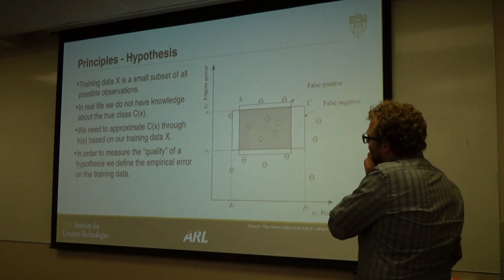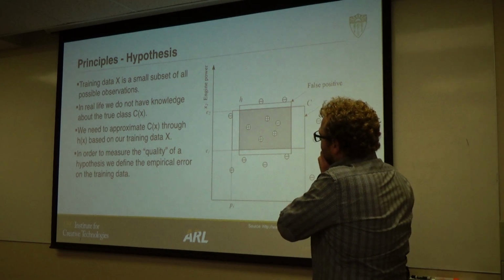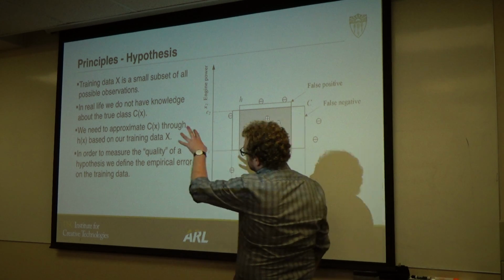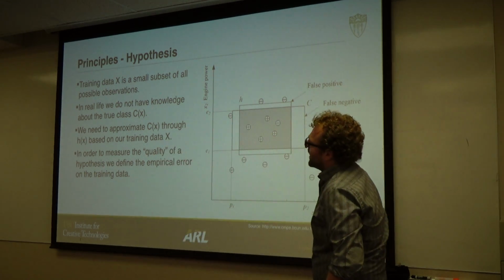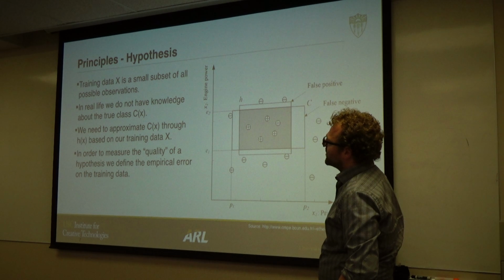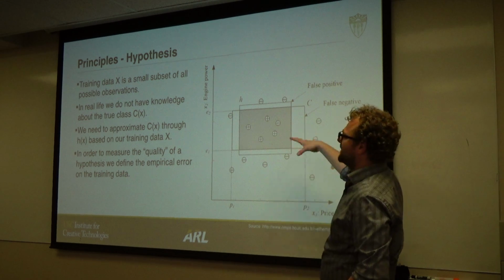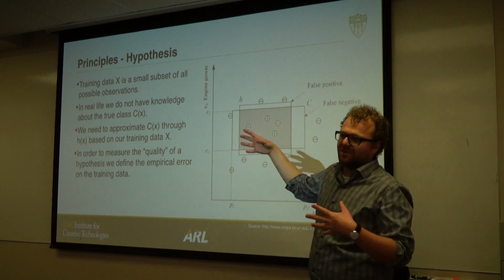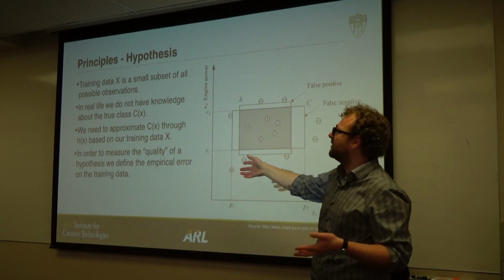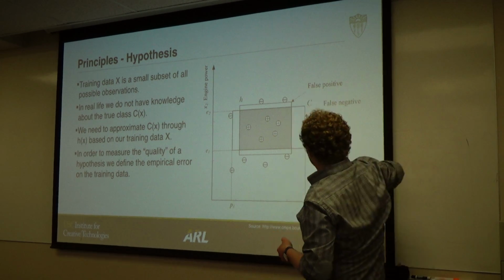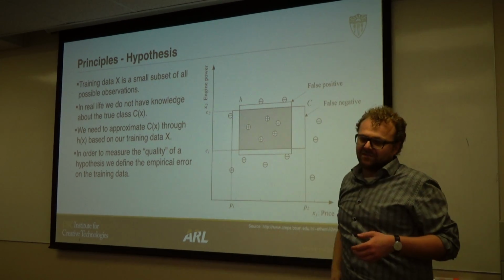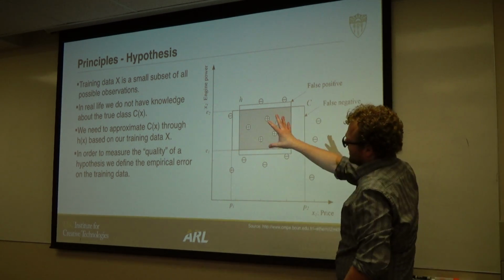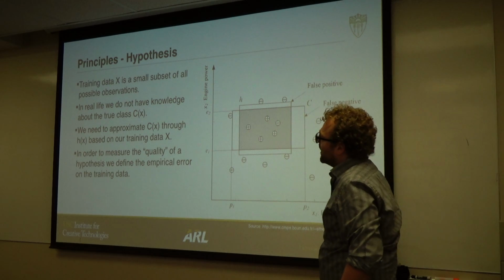In principle, as I mentioned here, these 15 observations are probably much smaller than the actual space of all the legal observations that we could have. We could have a lot of dots up here, Lamborghinis and stuff like that, so they're definitely not family cars, but this is the interesting space, and this is the training data that we have.